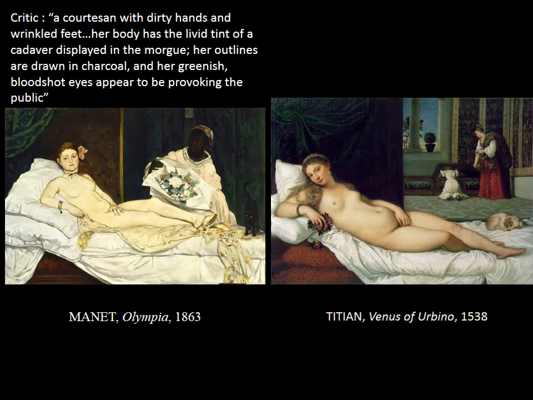Unlike Titian's little puppy in the corner, Manet has a black cat. And unlike the white servants who are picking out dresses for the Venus to wear, here we see in the Manet an African servant who's bringing flowers, right? So these are some of the differences in the general composition, but there's also differences in the way